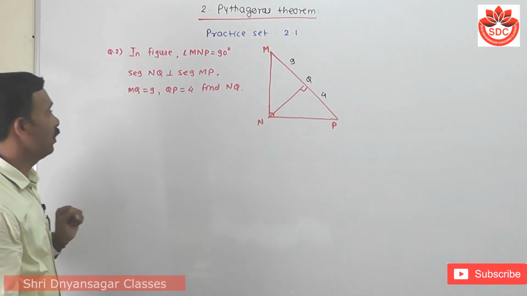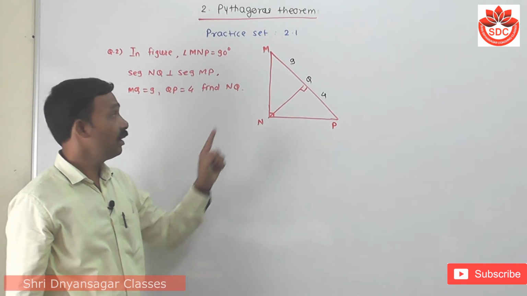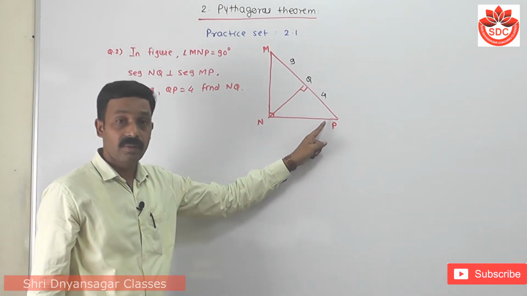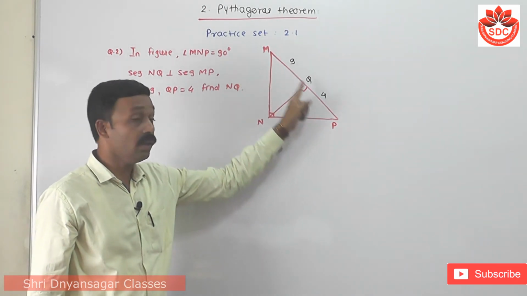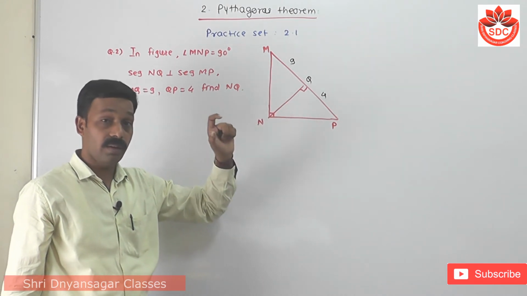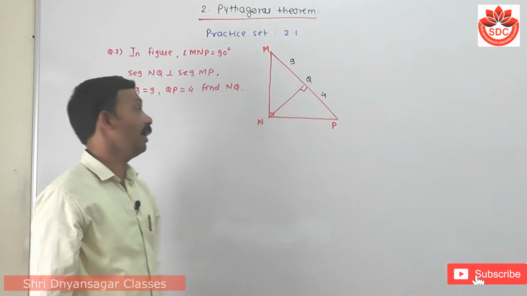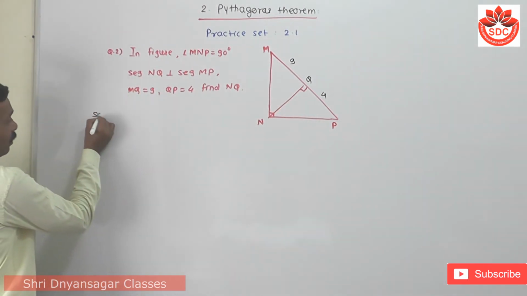Now students, when you observe this figure, this is a right angle triangle. We can draw a perpendicular on the hypotenuse. If you use the geometric mean theorem, then we can find the value of NQ. So that in our solution,